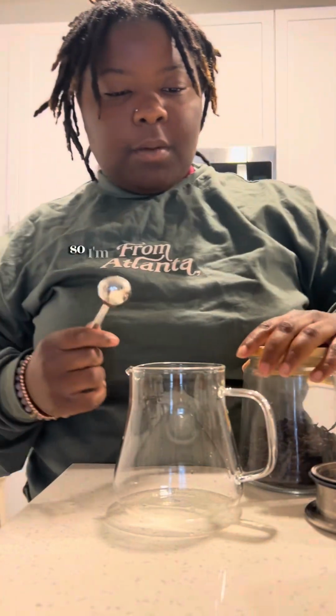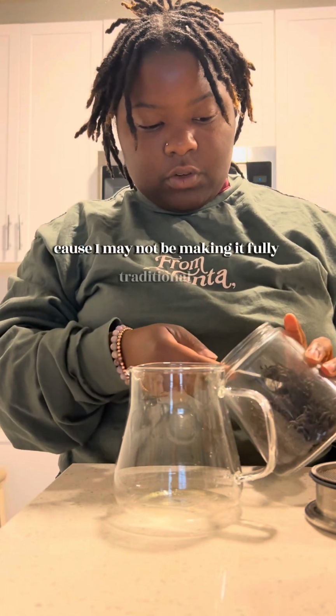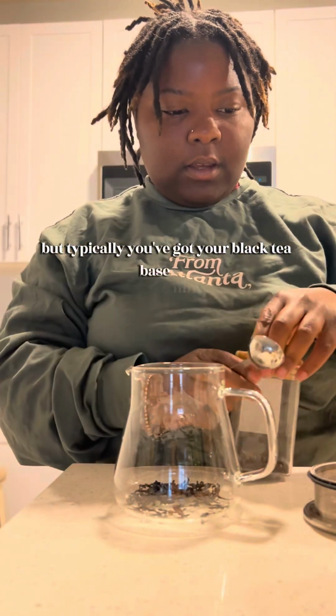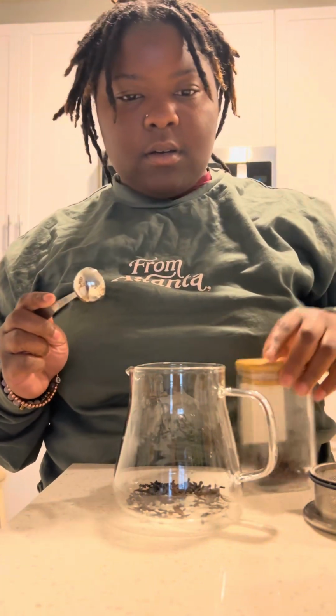I'm out of oat straw, so I'm actually gonna make a more traditional chai. Because I may not be making it fully traditional. But typically, you've got your black tea base, and then a blend of spices. So I'm just gonna do black peppercorn,